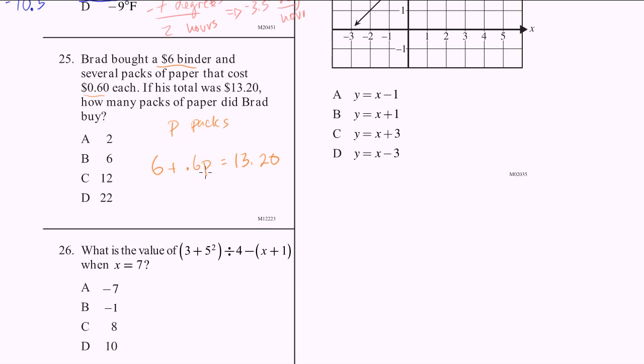$13.20. So we just have to solve for P. How many packs of paper did Brad buy? So if we subtract 6 from both sides of this equation, do it in blue. To subtract this 6 from both sides, you get